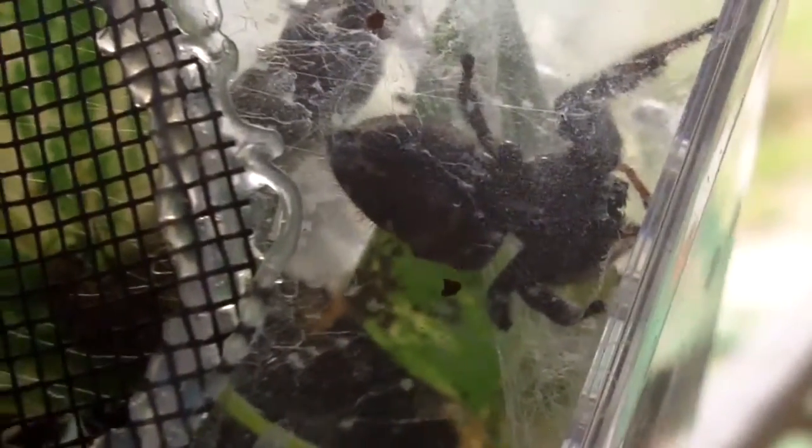And I don't know if we're going to be able to get a good look at him because of all the webbing and whatnot. I don't take this one out, but it is a beautiful spider. Caught it in my parents' kitchen in the wintertime and it was missing a leg. I don't think it's molted yet. But it's nice and fat now, and I really like it. I may let it go this summer